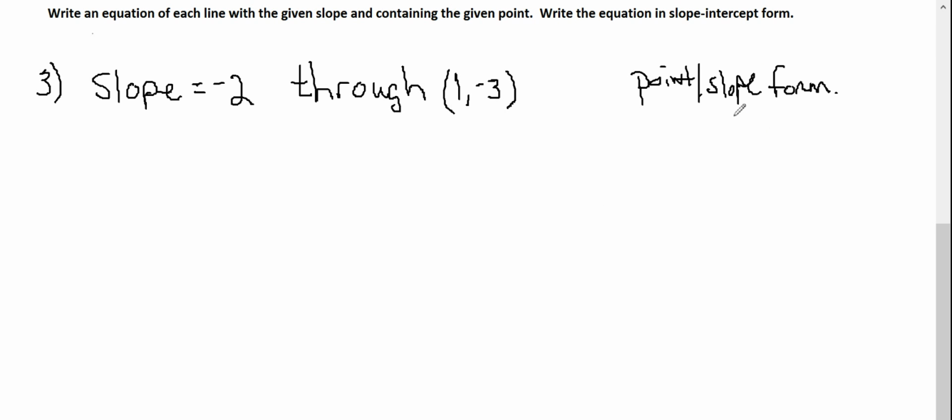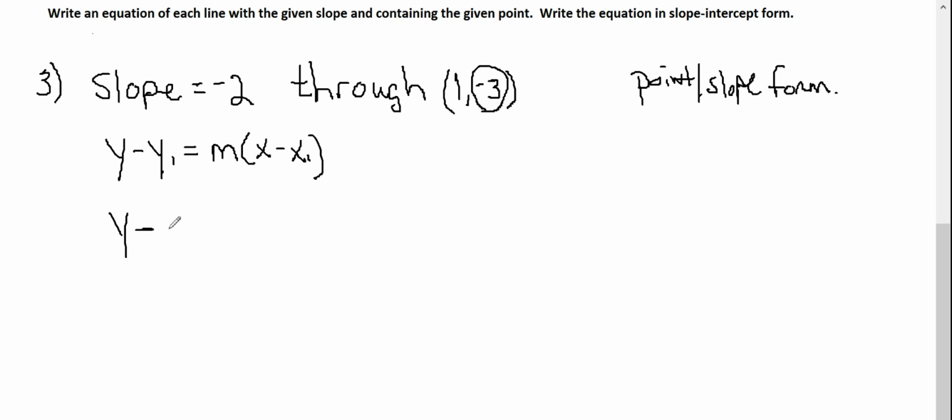Okay, what is the point-slope form? It is y minus y1 equals the slope m times x minus x1. Again, we're using that because they're giving us the slope and a point, and that's why it's called the point-slope form. So I'm going to substitute all these values into this equation. Here's how it goes. Y minus y1 is the y value in the point, which is this negative 3. Y minus negative 3